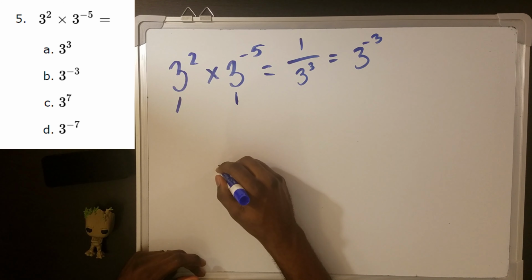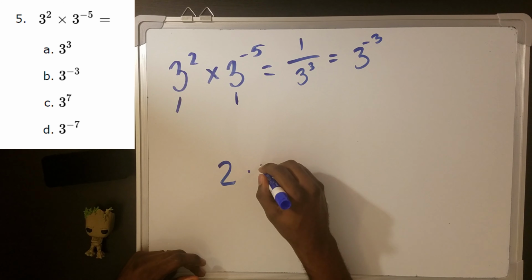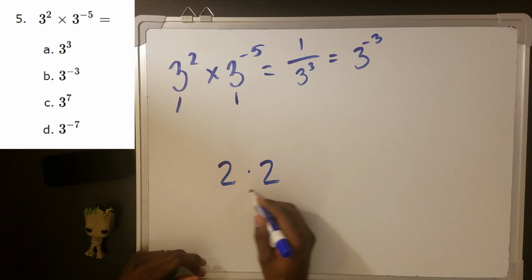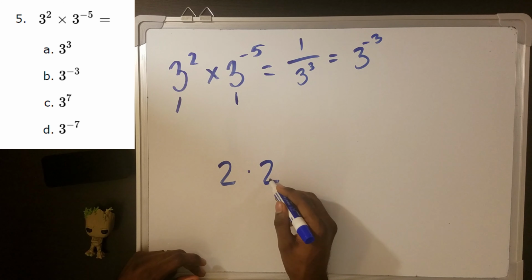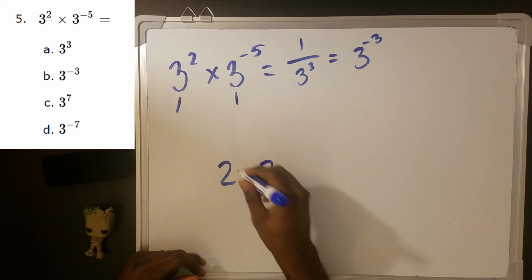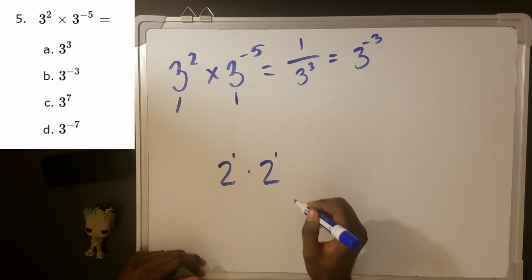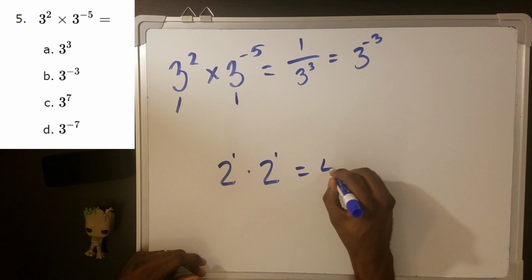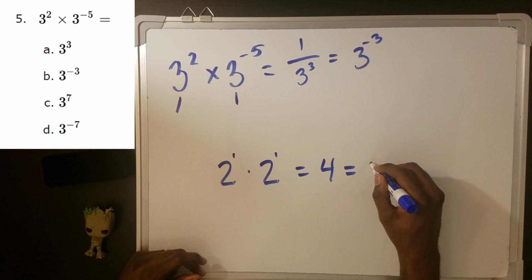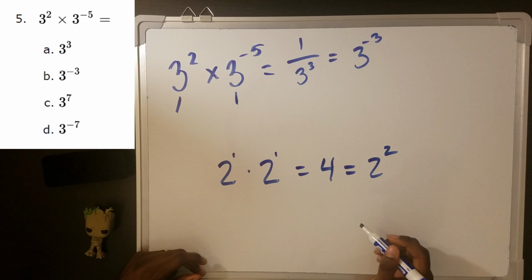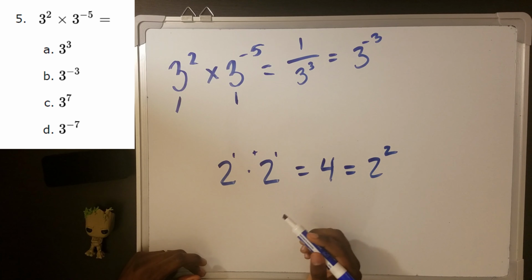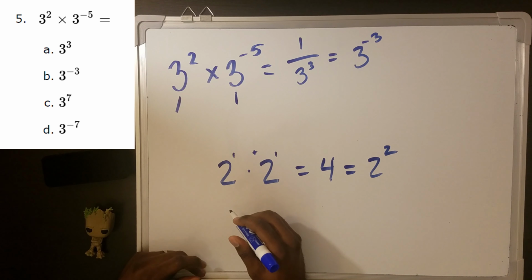So when you do 2 times 2, the base is the same, base 2, right? The base is 2. So the exponent is going to be an understood 1. You get a 4 or 2 squared, right? You're pretty much adding the exponents. Likewise, you can do